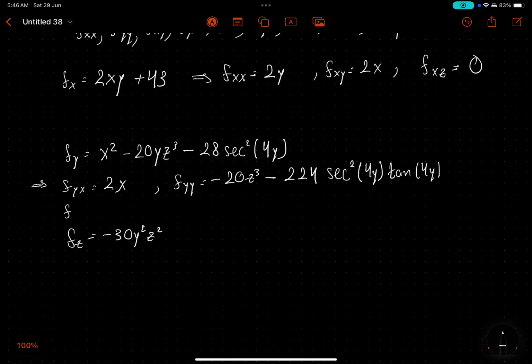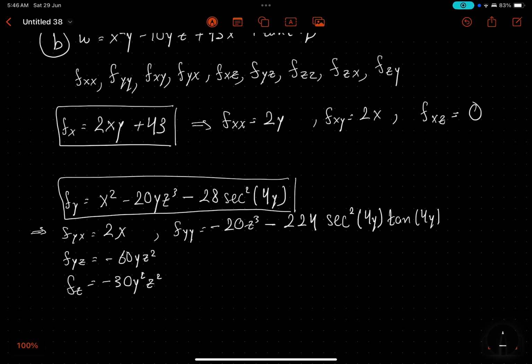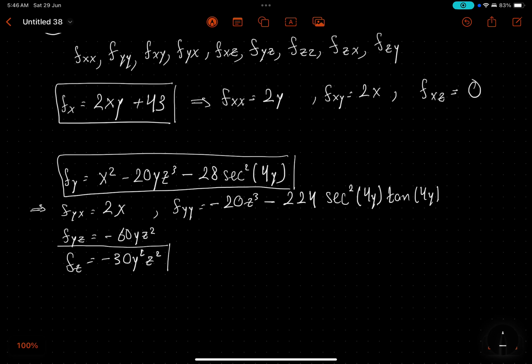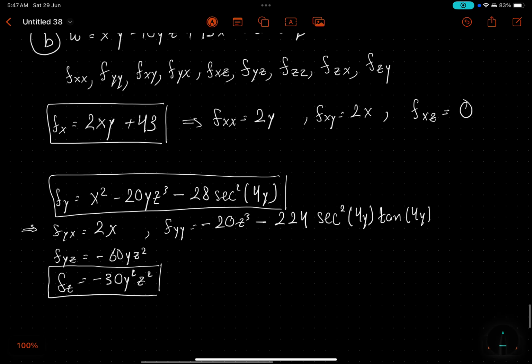and last we have the partial derivative first with respect to y, then with respect to z, which is gonna give us minus 60 y z squared, so multiply 3 by 20, and then that's it. Okay, so this is fx, this is fy, and this is fz,